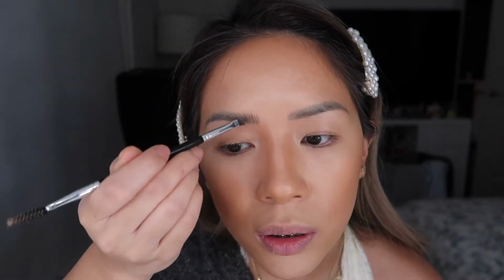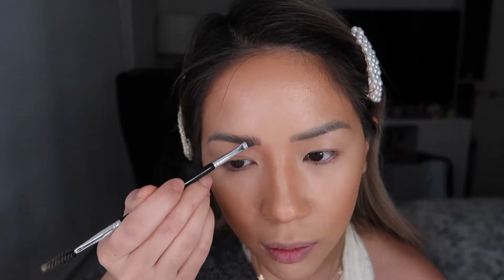Next we have eyebrows, and I honestly don't think I really want to do my eyebrows with these brushes. None of them really look like they're meant for the eyebrow. They're not small enough. I like drawing little hairs for my eyebrows. Alright, I am just going to quickly go through this so we can get back to the actual main first impressions. Okay, now that I have my brows on,